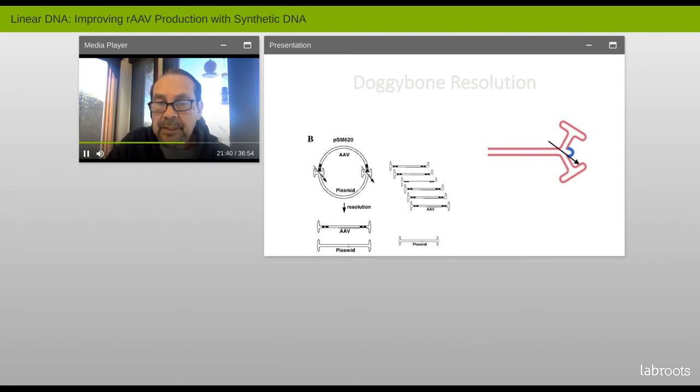And if you resolve this by advancing, you'll see that there's again resolution, and if you advance again, you'll see one product is the AAV genome of interest, similar to what's on the left-hand side of the slide. And if you advance again, you'll see the other byproduct is a terminal repeat attached to this telomerase element. And as a consequence of that, we have basically removed all of the contamination of the original plasmid backbone by this in vitro replication system.